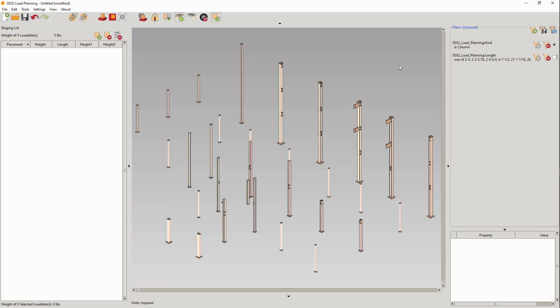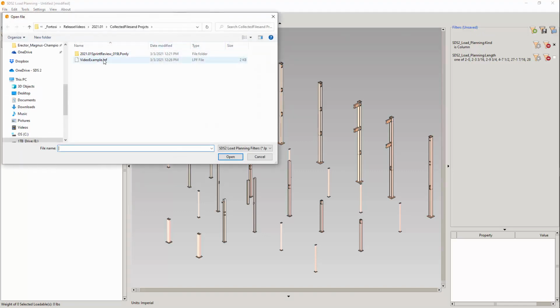Now for the save and load. We have the option to save the sets of filters to any location on your system using the icon, but I will leave this unsaved for now. On the left, you will notice that the title shows that my current set of filters that I've created have not been yet saved. If I were to try to load a set of filters when in this unsaved condition,